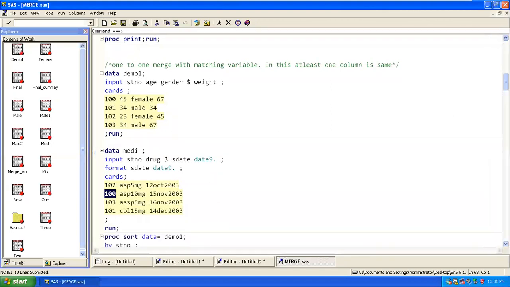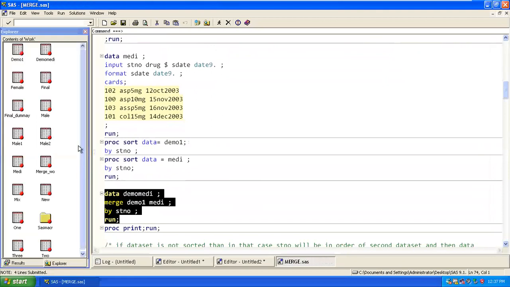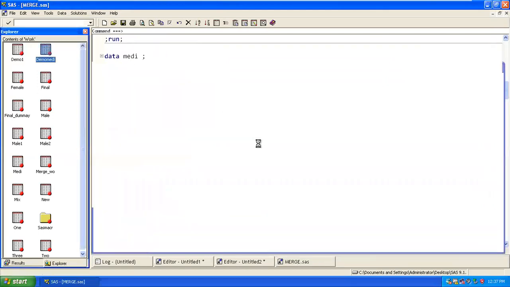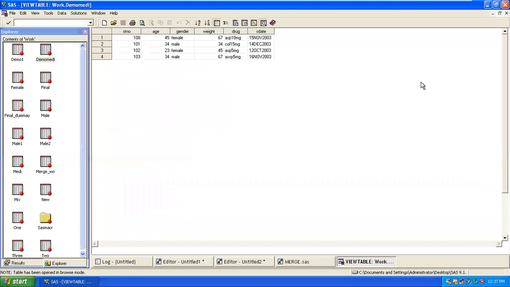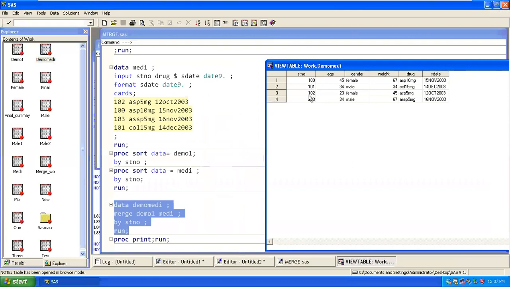So now if you go below, first I said the condition is that I should sort both those data sets, correct? So I sort both data sets, one is demo, the second is medication, by a variable which is common in both those tables. Correct? Now if I do the merge, and you look at the data set again, that is demo. Whatever information you get will be unique in both tables. There should not be any mismatch.